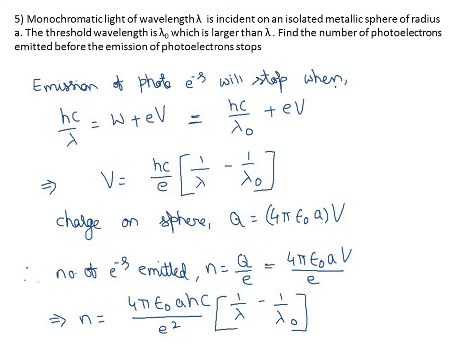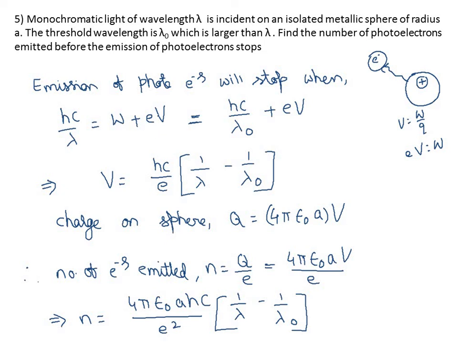But due to the removal of electrons from an isolated sphere, imagine if this is a sphere, when an electron comes out of this, eventually this will become positive, which will gain a potential, and thus this electron is going to experience more and more attraction from this. And what was that? eV, work done by this. As we know, potential is nothing but work done per charge, W equal to QV, and here we are calling that eV, which is nothing but the work done. So in addition, this extra work done also should be taken into account.